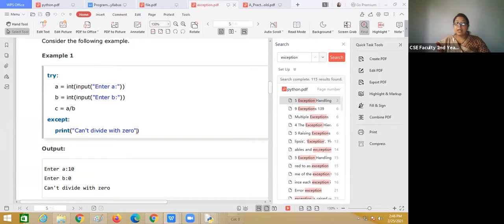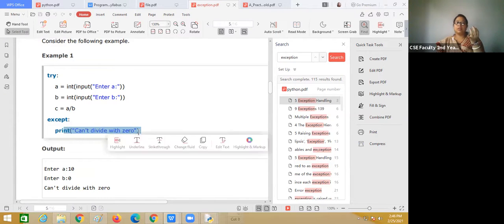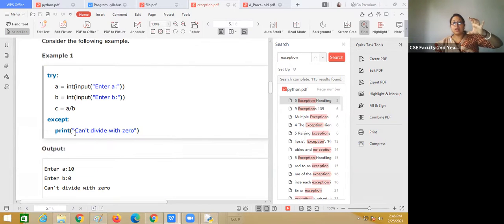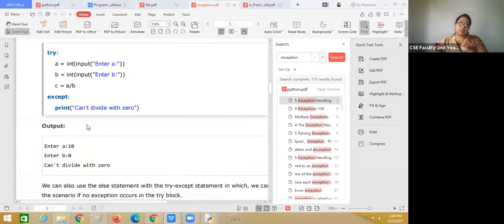That means when you get some exception, this will print, and this is how you will handle your exception. Instead of giving four lines, you can give only this one line, and through this one line you can understand what the exception is here.